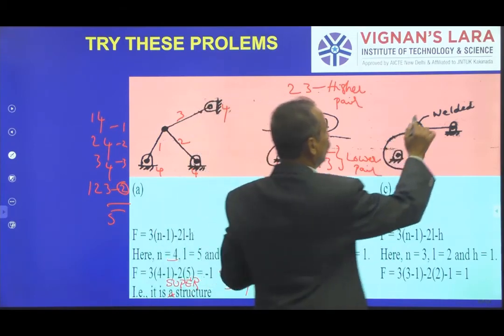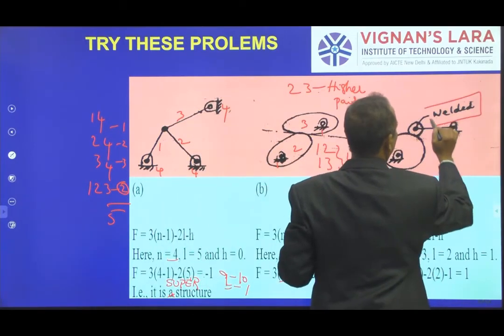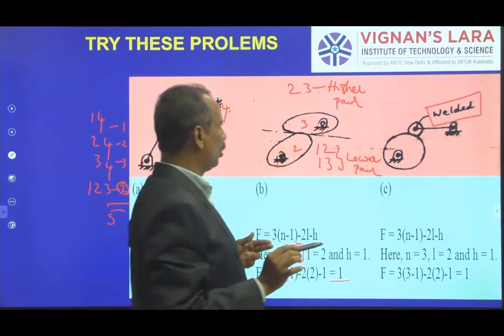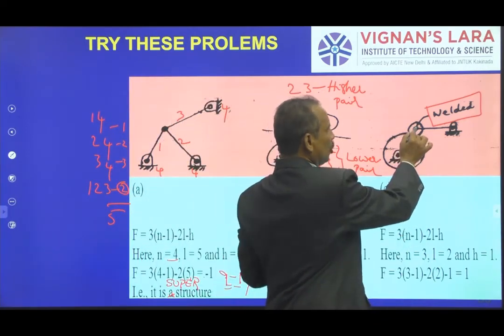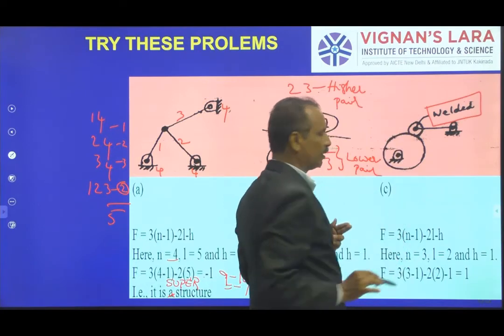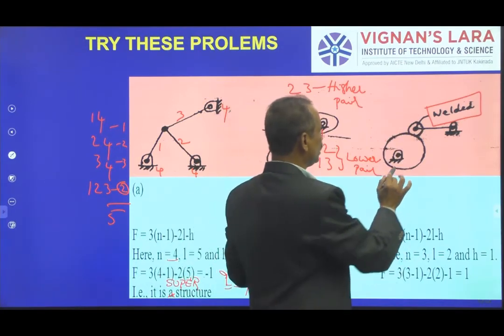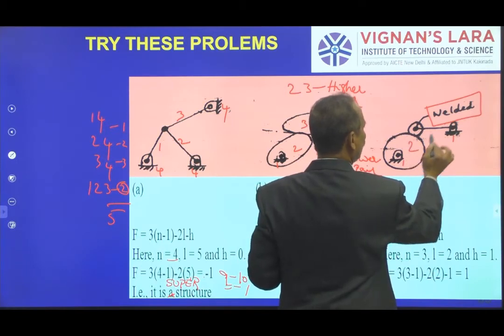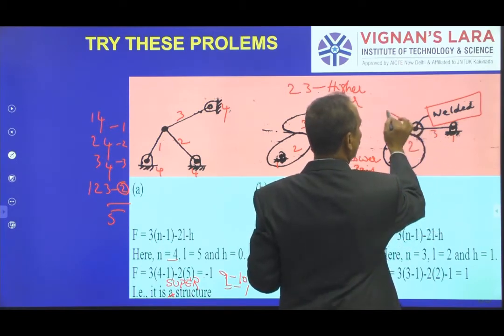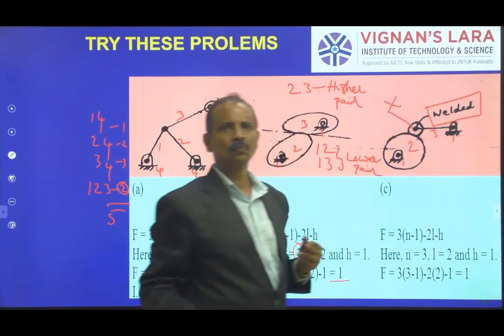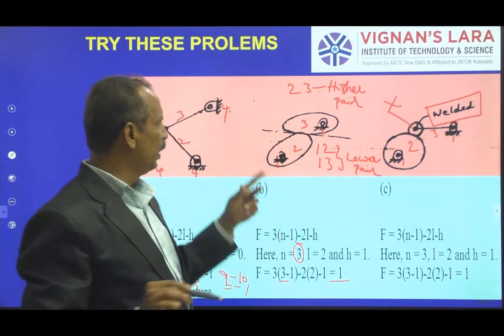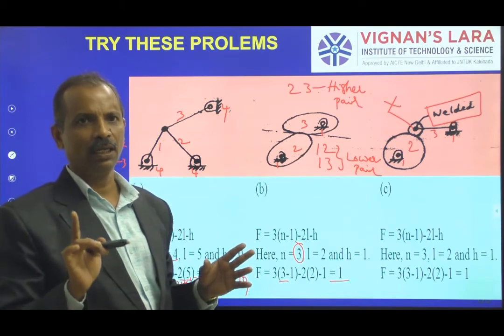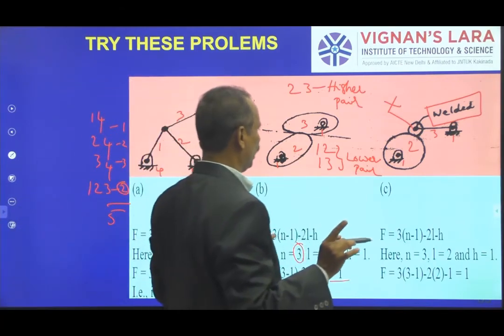But you can observe, this is a welded roller. Welded roller. That means there is no relative motion here. The number of links is here 1, 1, and this is the second one, this is the third. Don't give number to that roller because the roller is only connected, welded. So no relative motion there.